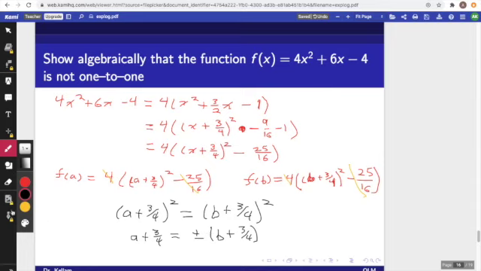And because we see that we have this plus or minus, we see that we're either going to have a equal to b, or we're going to have a equals negative b minus 3/2. I trust that you can do the algebra to get to that. Anyway, that is all for this video, and I will see you